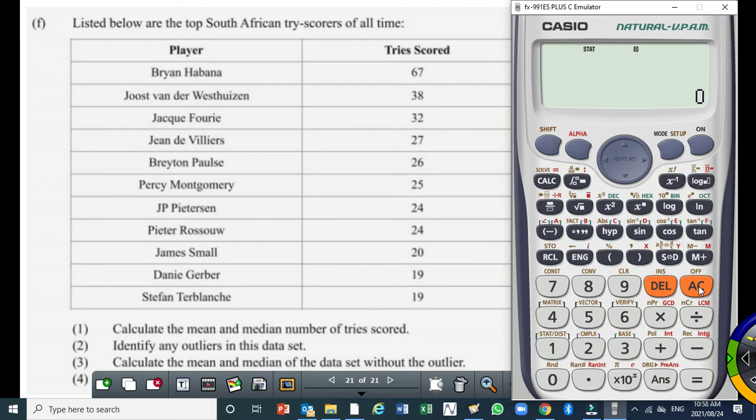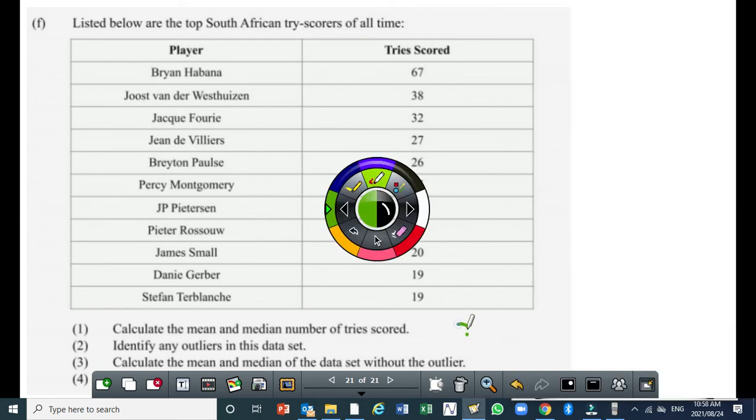Right? So now I need to retrieve my mean. So my mean is going to be shift, then VAR, that's number 4. So I want x bar. Right? So it will be 29.18. So I can write here x bar is equal to 29.18, which is approximately